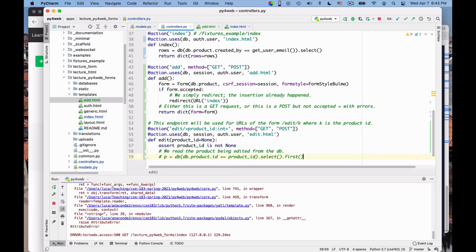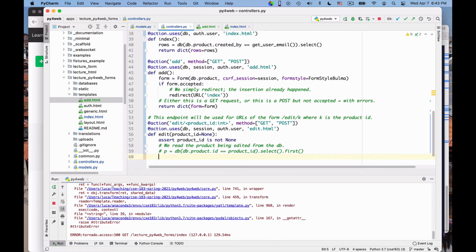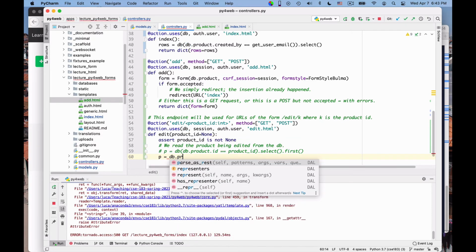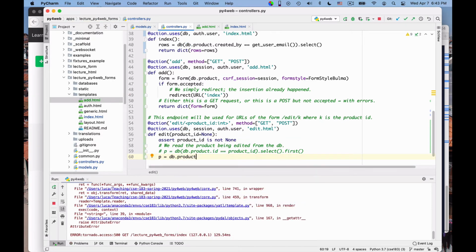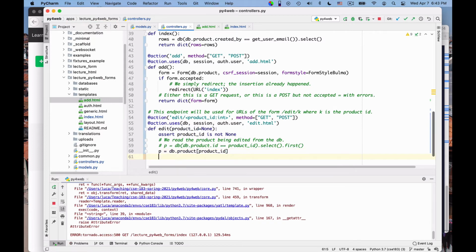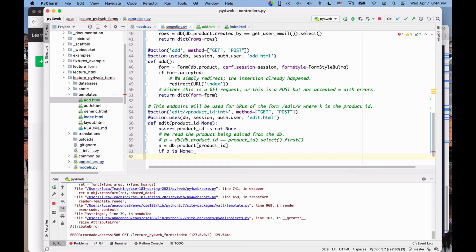I want to use a shorthand which is really convenient, which is P is equal to DB product product ID. So this is perhaps you can think it's too crazy a shortcut, but it's super convenient, and why not using it? So you can say then if P is none, this means that you haven't found the product to be edited in the database.